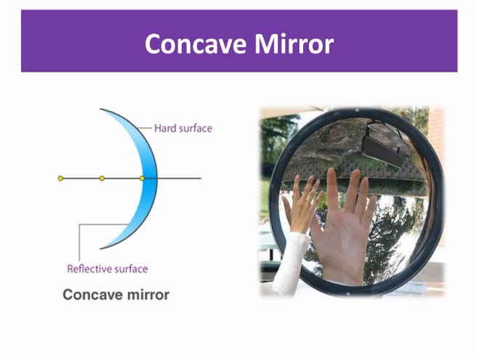Let us start our class today. Concave mirror. If a hollow sphere is cut into parts and the outer surface of the cut part is painted, then it becomes a mirror with its inner surface as a reflecting surface. This kind of mirror is known as a concave mirror. Light converges at a point when it strikes and reflects back from the reflecting surface of the concave mirror. Hence, it is also known as a converging mirror.